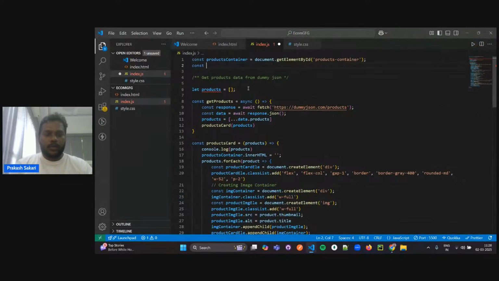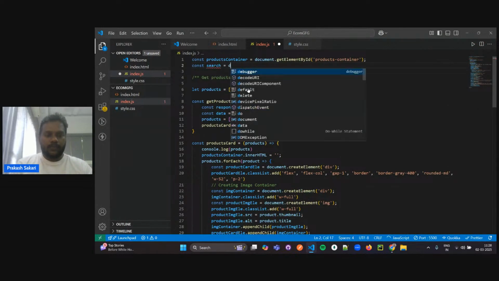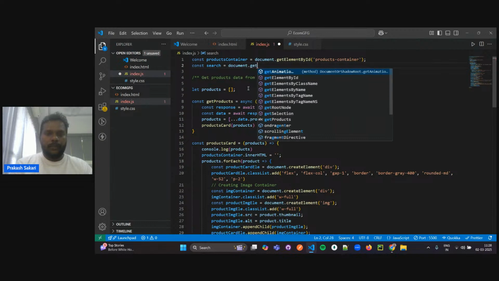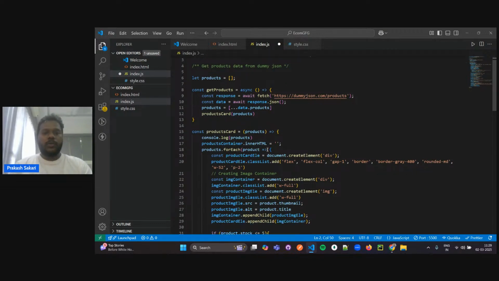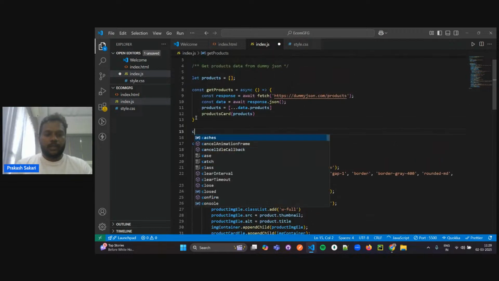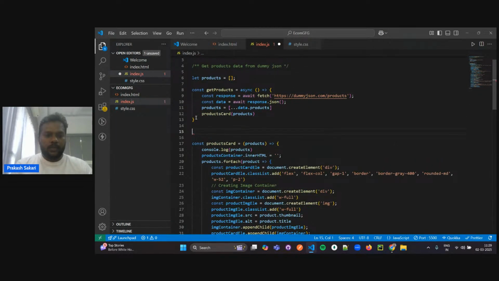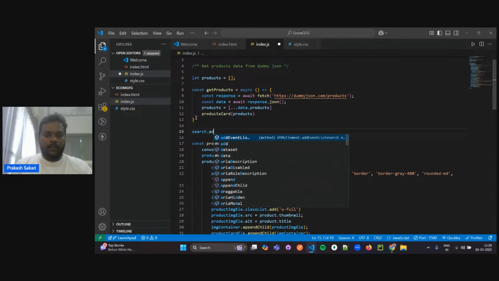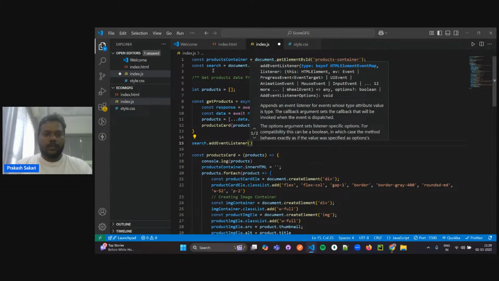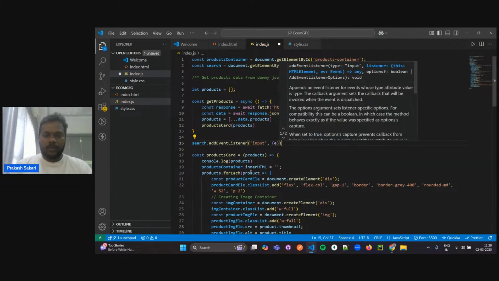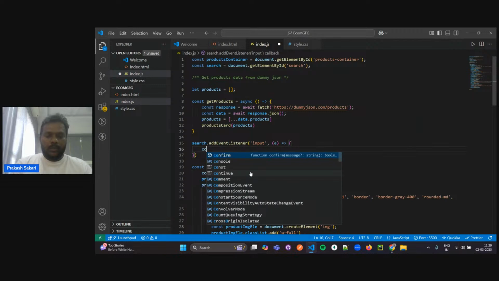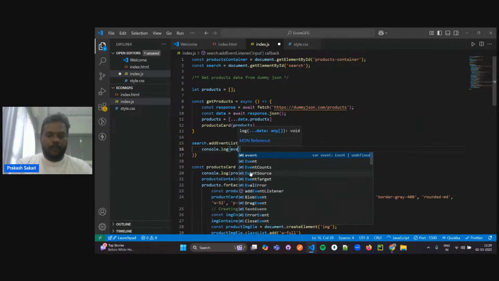Okay. So const, let's say search equals document.getElementById, and then it would be search. So what I have to do is use the on-change behavior. I'm going to do search.addEventListener. On the search, I'm going to add an event listener, which would be input. Then I'll take the event over here and first log the event dot